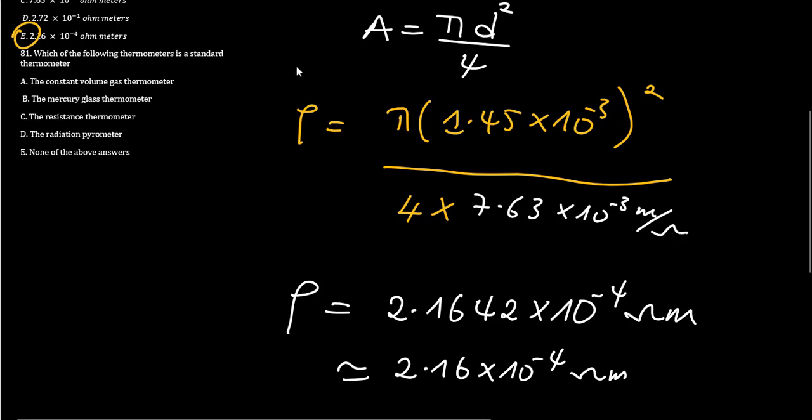Next, which of the following thermometers is a standard thermometer? A, the constant volume gas thermometer. B, the mercury glass thermometer. C, the resistance thermometer. D, the radiation pyrometer. E, none of the above. The correct option is